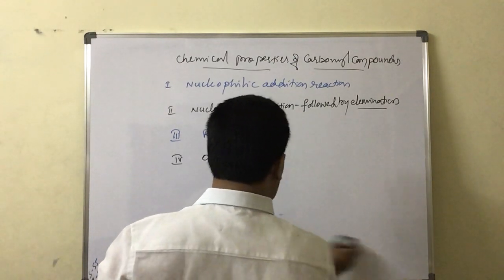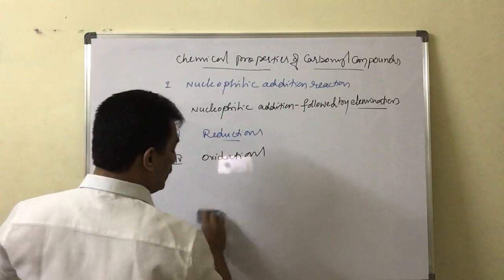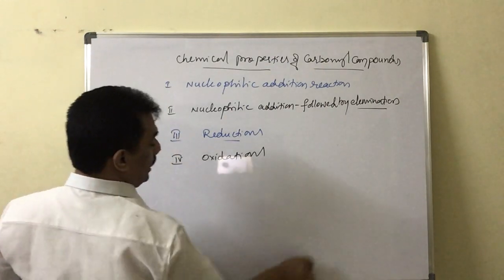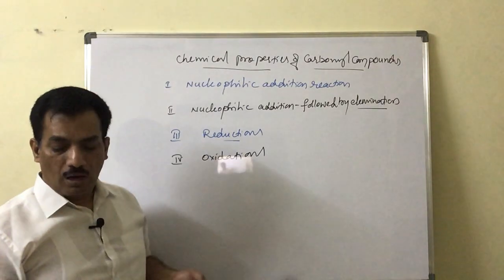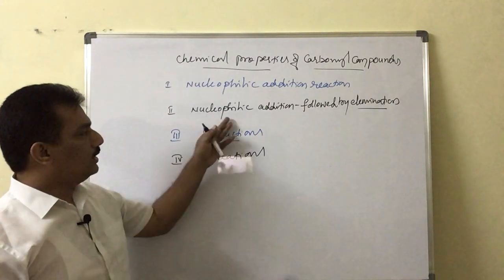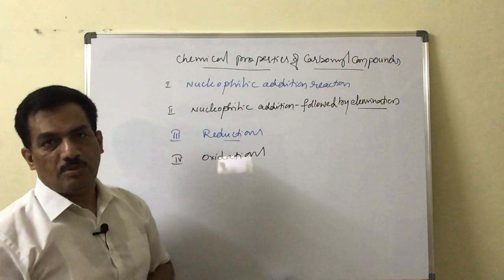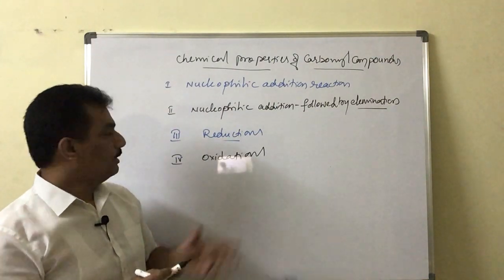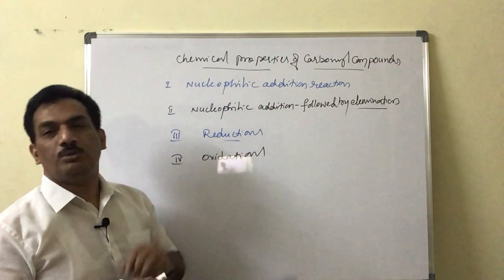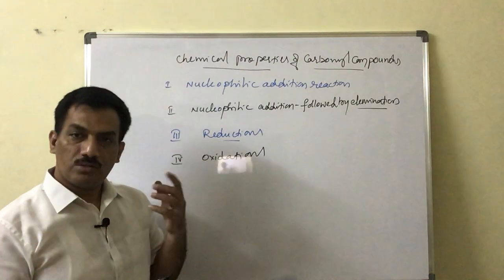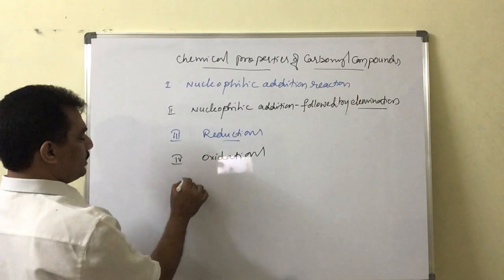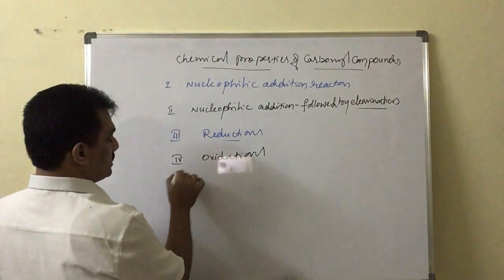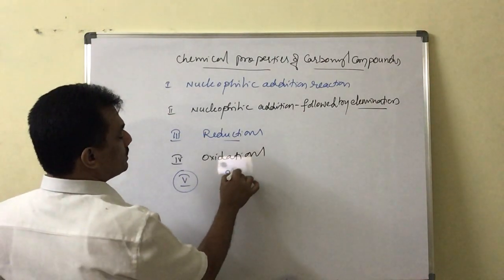CO group means the functional group itself is involved. In nucleophilic addition, the CO group is disturbed. It may be oxidized or reduced, and in nucleophilic addition followed by elimination, the CO group is also involved. In reduction, the CO group is reduced. In oxidation, the CO group is oxidized. But here the fifth special kind of reaction is nothing but reactions